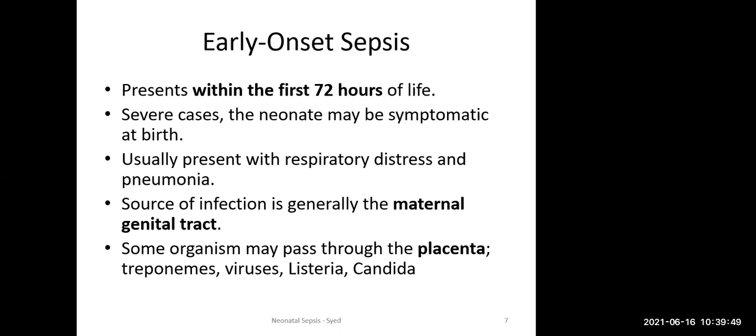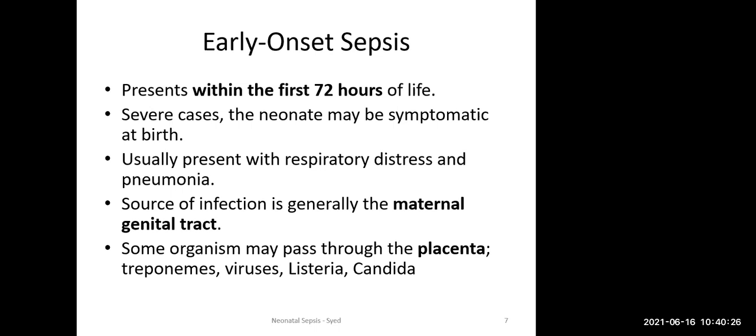So for late onset sepsis, the causes are more varied. There is a wider range of causes compared to early onset sepsis. So you don't get UTI as in early onset sepsis. It's difficult to get UTI. How would he get UTI? So you don't get UTI in early onset sepsis, or things like osteomyelitis in early onset sepsis. But in late onset sepsis, you will get osteomyelitis.